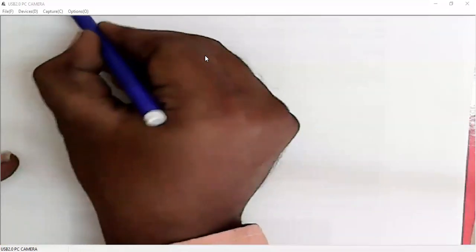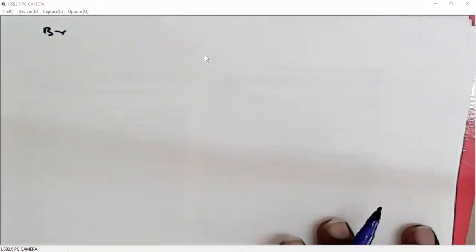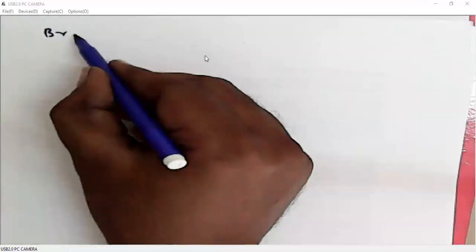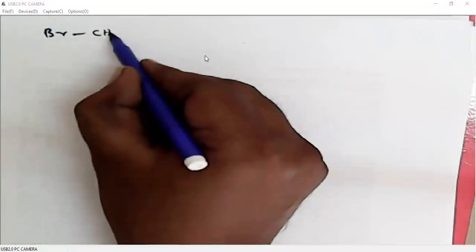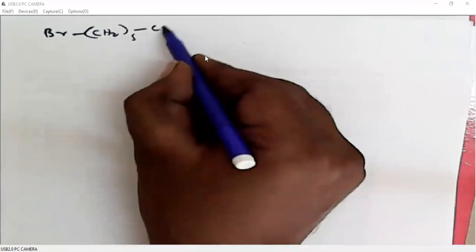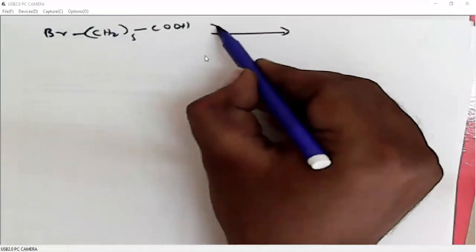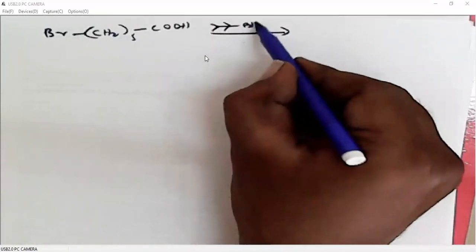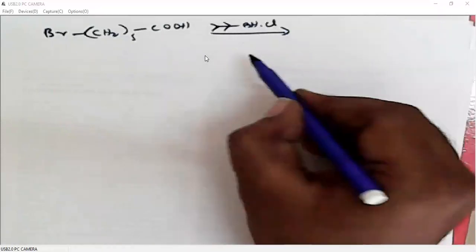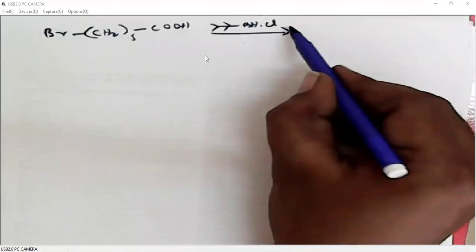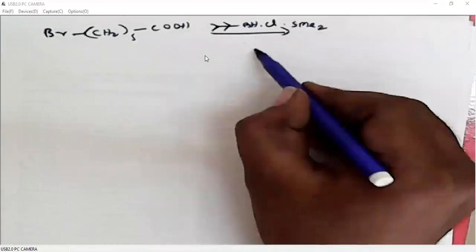Now we will see the reactivity of boron reagents. The nomenclature of different boron reagents I will give next to this.